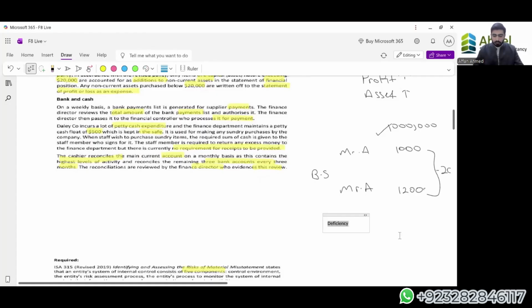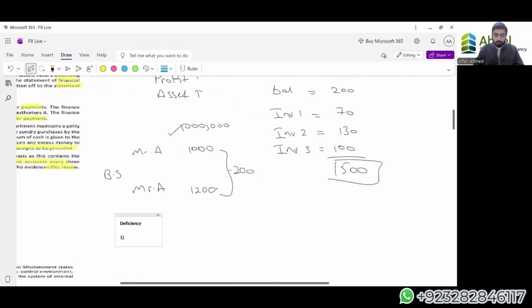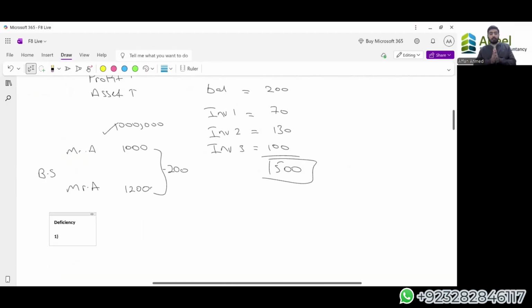Now try to first of all bold your headings up. If you're writing, make the headings prominent at all times, so that if you're writing a particular point, the examiner should know that you're writing this point. Okay. So the first deficiency that we identified was that we are not checking the data.